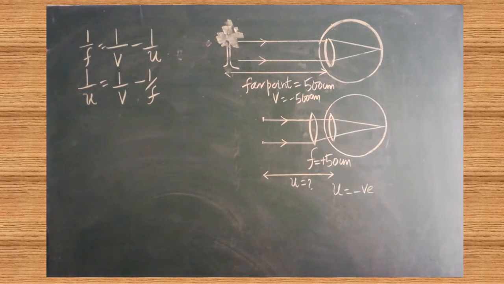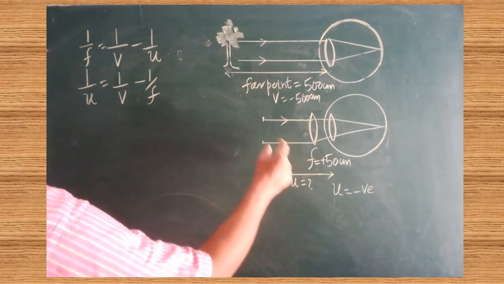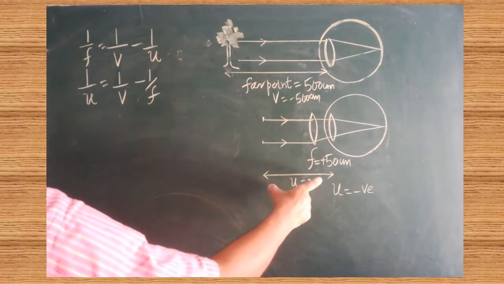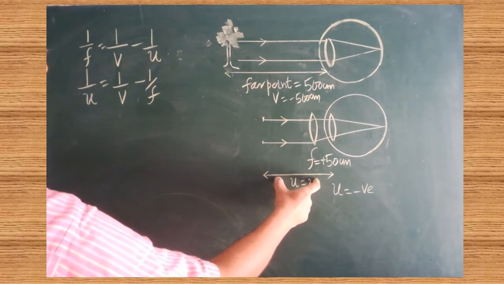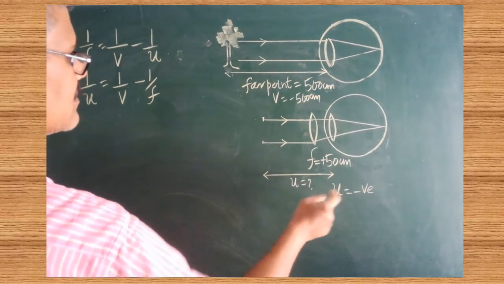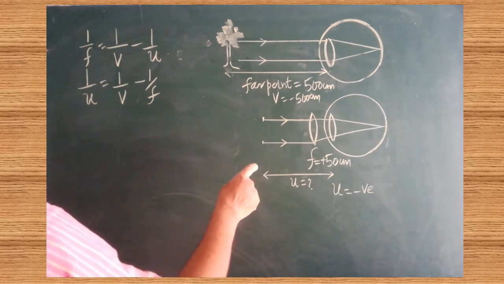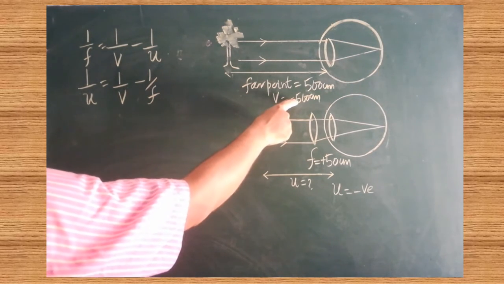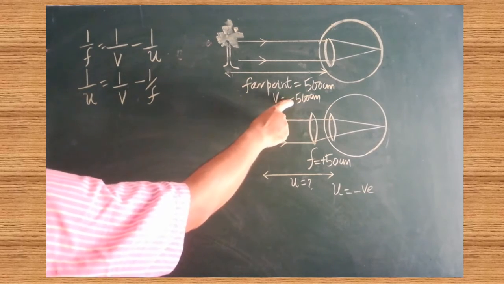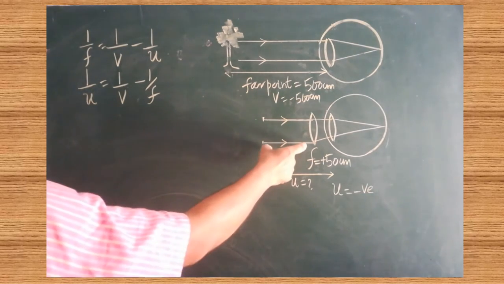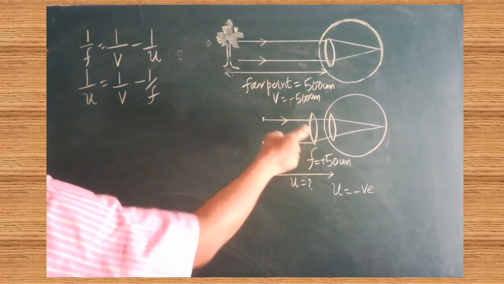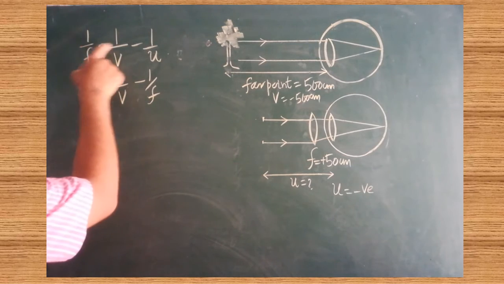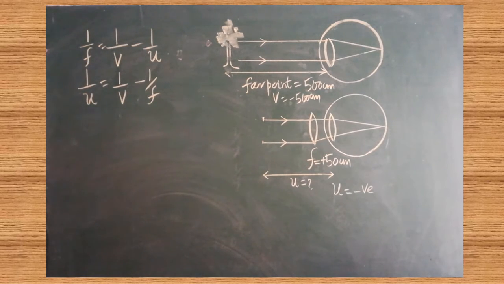So with the correcting lens, we have to find out the maximum distance at which the object is seen clearly. So this distance must be taken as u. This distance u must be found out. That u value should be taken as negative. f should be taken as positive. That far point must be taken as 500, which also should be taken as negative. So our aim is to find out the maximum distance at which the object is seen clearly after wearing the correcting lens. So the lens equation is 1 by f is equal to 1 by v minus 1 by u.